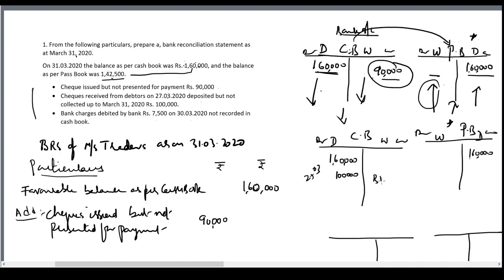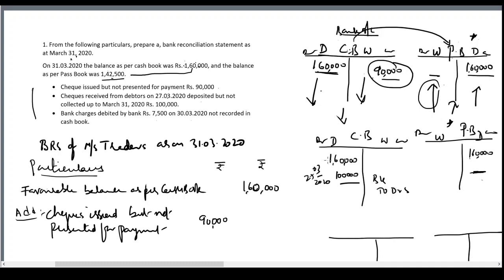What entry do we pass? We pass the entry bank to debtors. So bank account is already debited on the date of receipt of the check. But up to 31st March 20, the checks were not collected. Hence, money has not come in the deposit side of our passbook. When the money is collected by the bank, they pass the entry cash account to customer account. We are nothing but customer for the bank. So our passbook will be credited. Passbook is nothing but the customer account in the books of the bank. Who are the customers? The business who is maintaining the account with the bank is the customer. So the passbook is not credited because they have not yet collected the money on the checks.